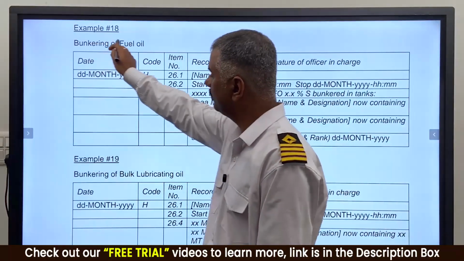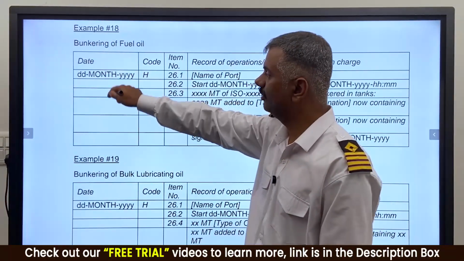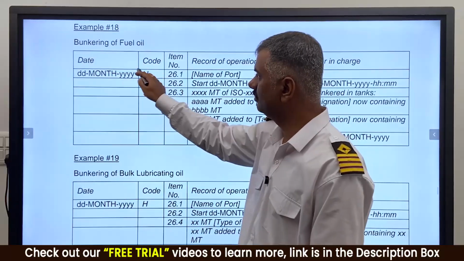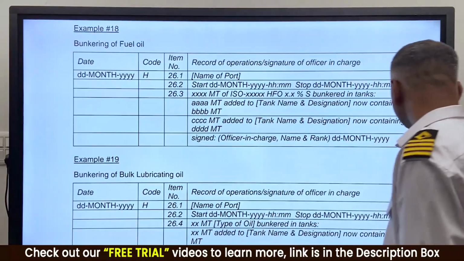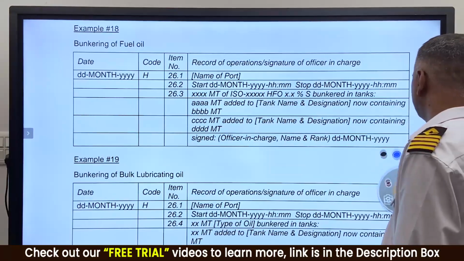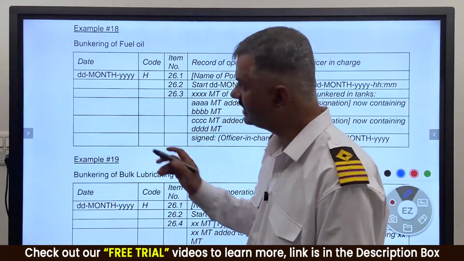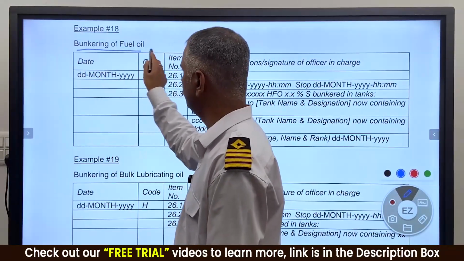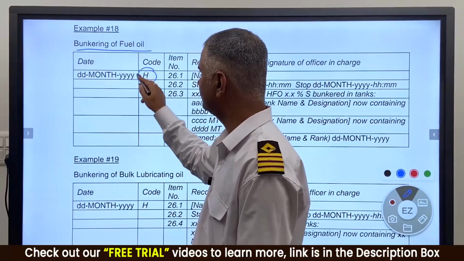We see that example 18 is about the bunkering of fuel oil. So this is how you have to make an entry of the bunkering in your oil record book. Normal bunkering, it is not any exceptional case. In that case, bunkering of fuel oil will be entered like this in code H.